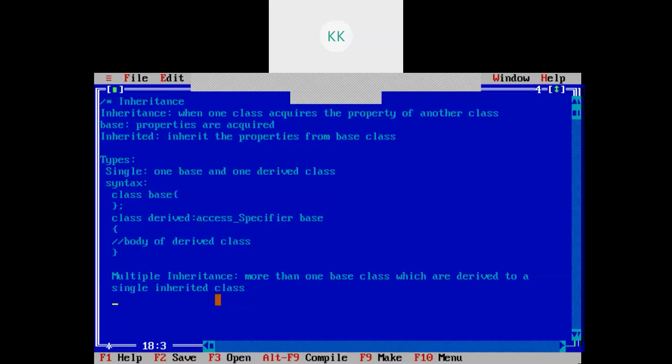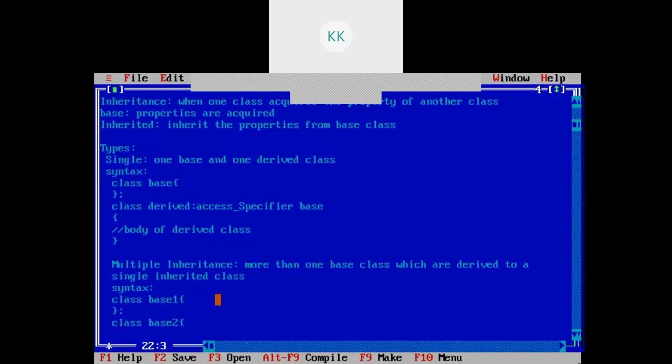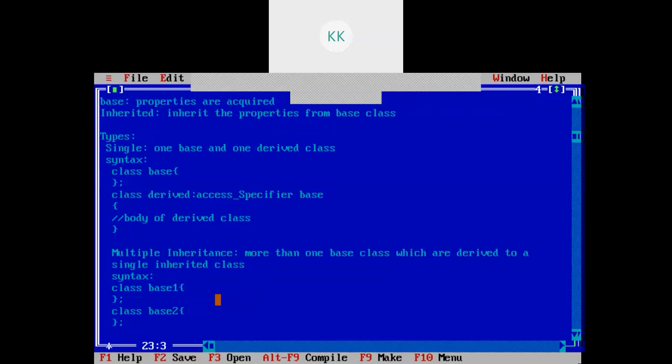So for this, the syntax will be: class base1, this will be your first base class, then class base2, this will be your second base class, and we want to derive it in a single class.